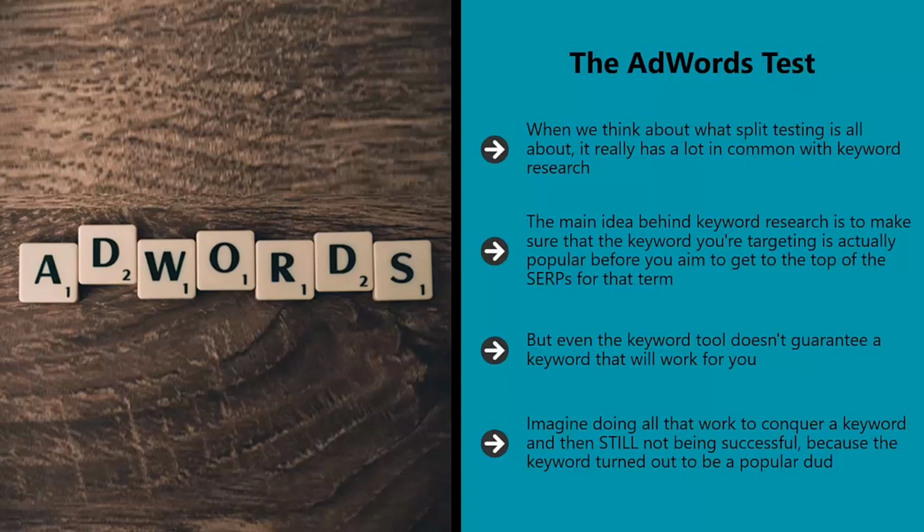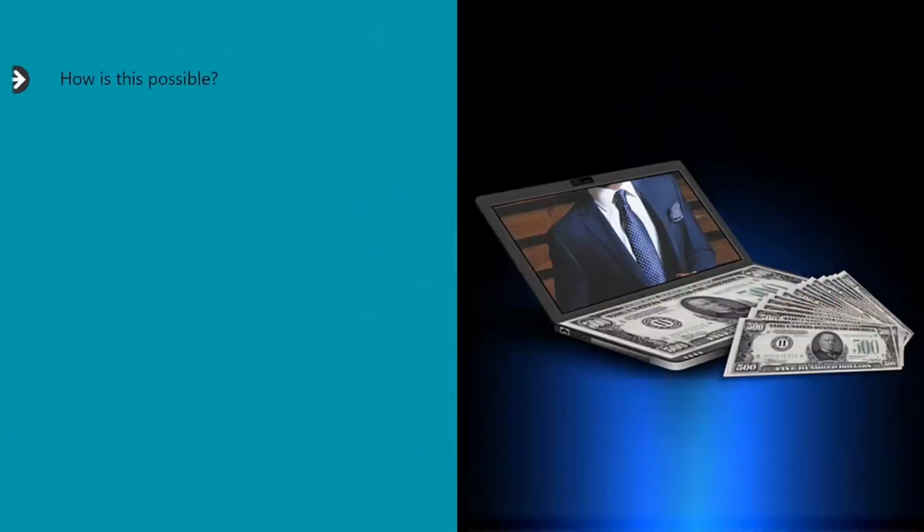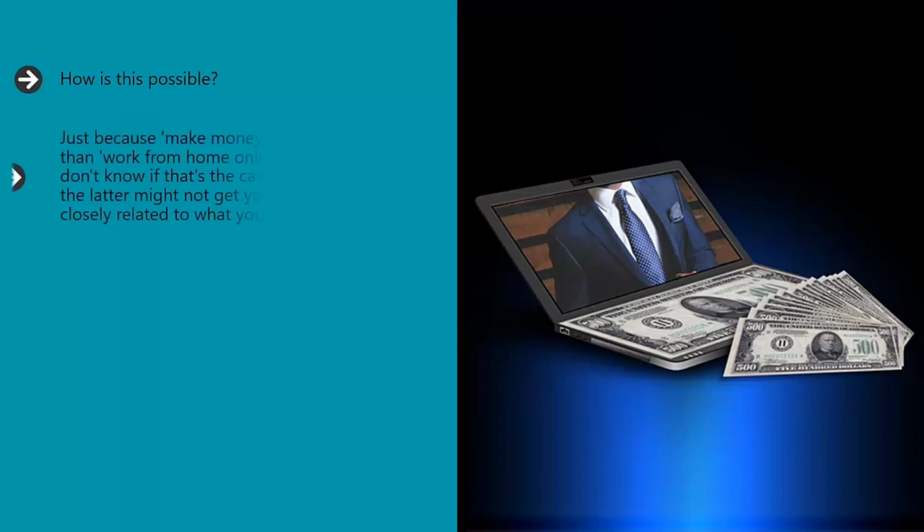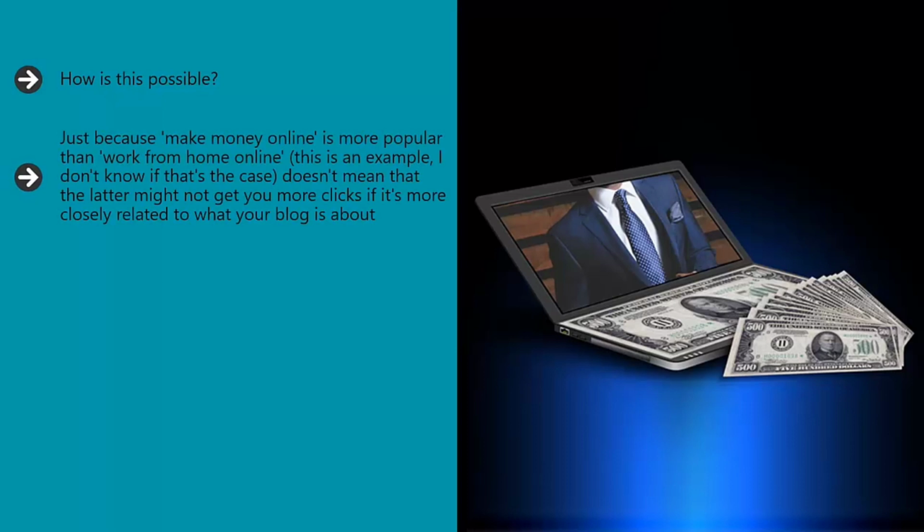So instead, why not try spending a week at the top of a few and then choose the best one? How is this possible? Simple. By using AdWords to be the sponsored link on a few different search terms and to see which ones bring you the most traffic and the most clicks or sales. Just because "make money online" is more popular than "work from home online", and this is an example, I don't know if that's the case,